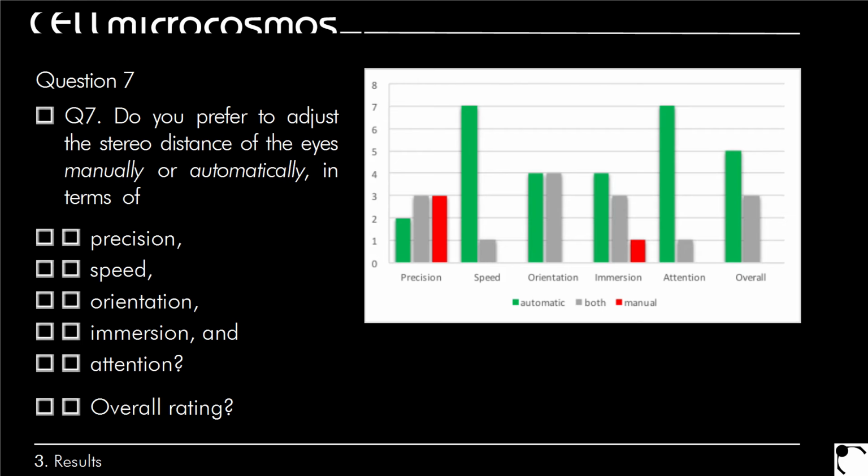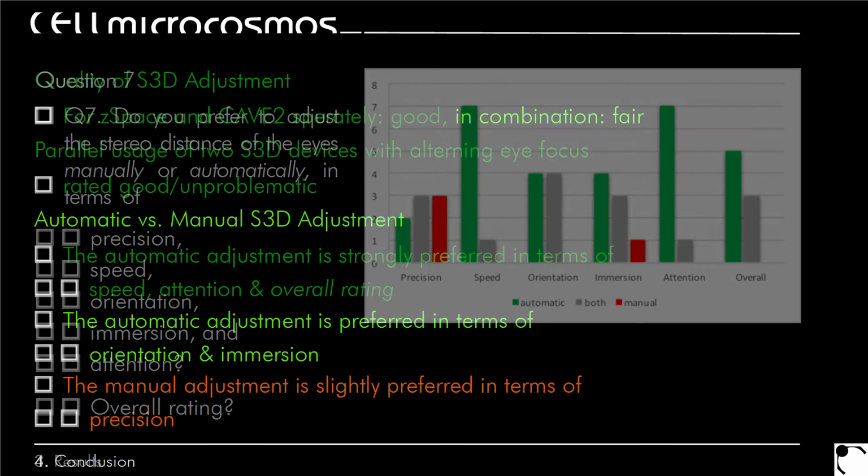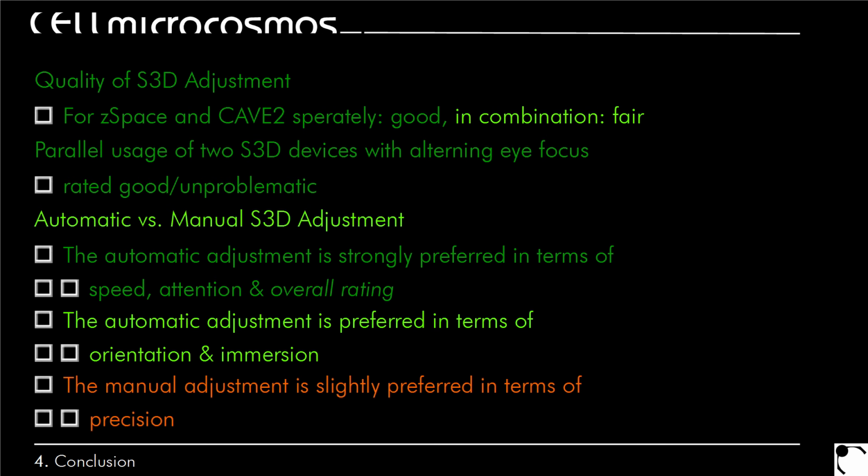Yeah, we come already to the final slide. So we see in overall, looking to the conclusions, that basically the green is just symbolizing that we had a lot of positive feedback. Here the yellow one was, for example, fair. So this means in combination, there's still room for improvement.